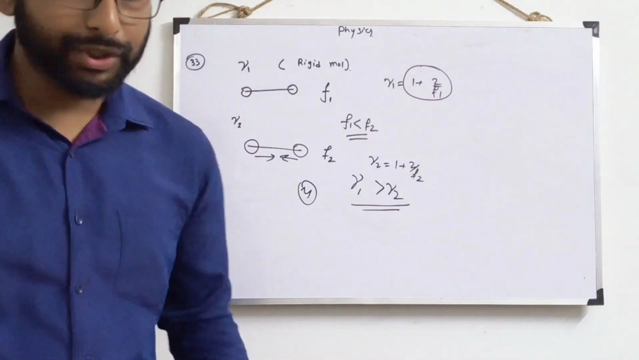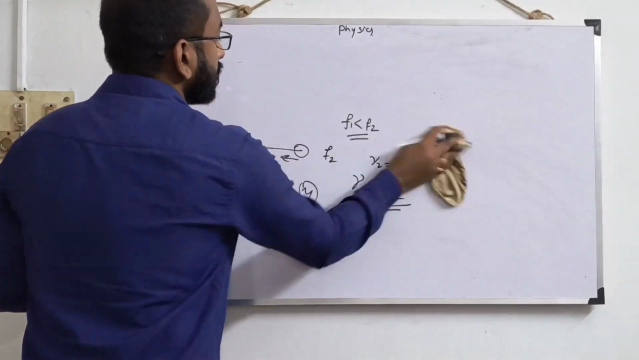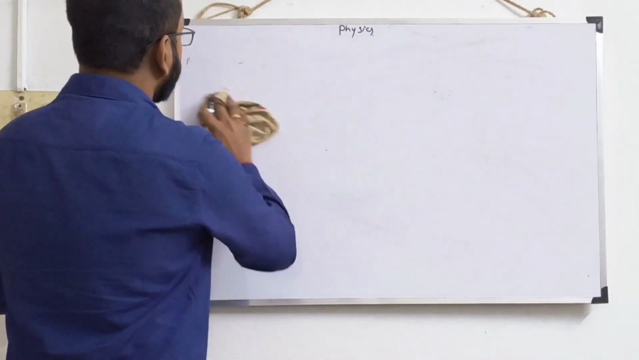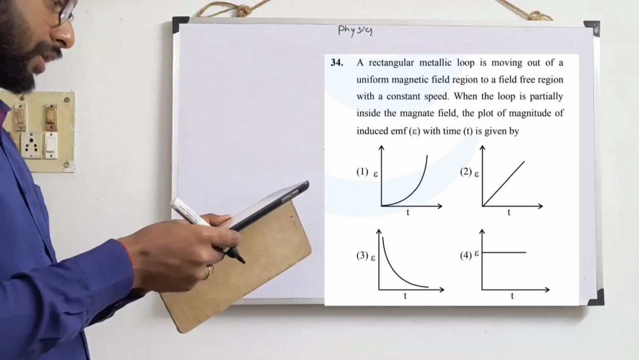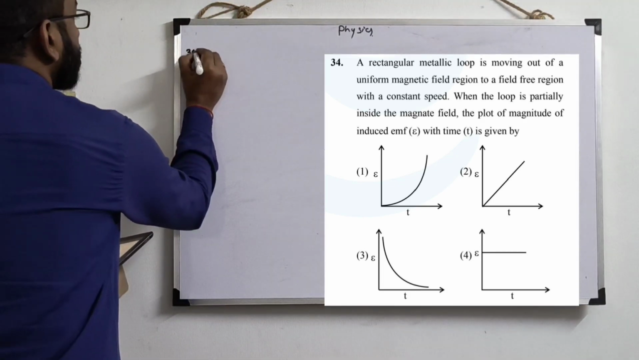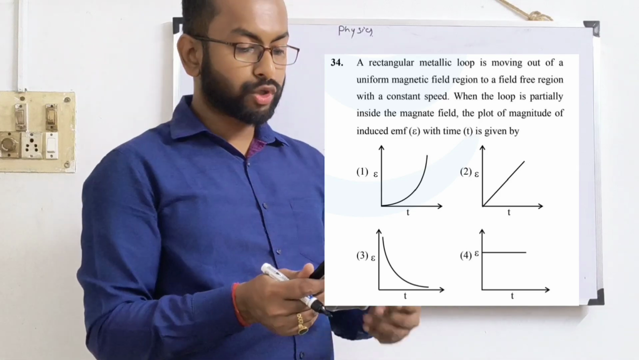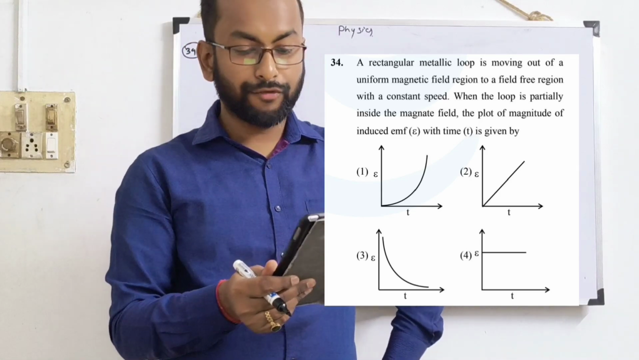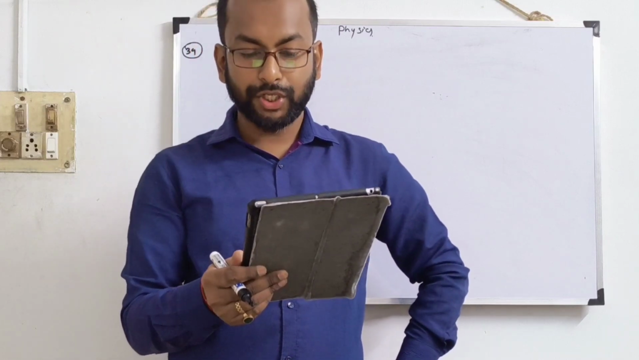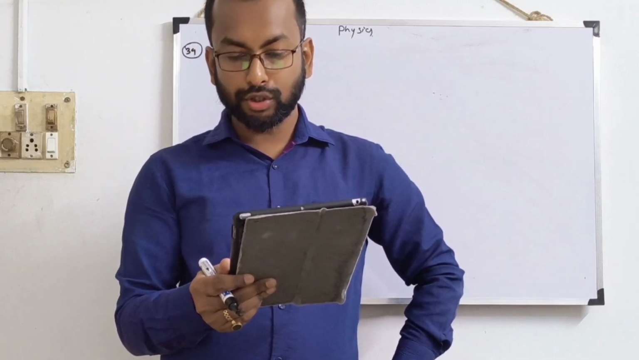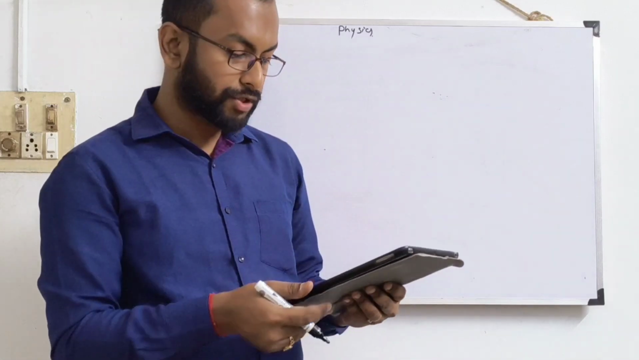Okay, the next question we'll discuss. So I'll clear the board. That is also a very simple question. 34. A rectangular metallic loop is moving out of a uniform magnetic field region to a field-free region with a constant speed. When the loop is partially inside the magnetic field, the plot of magnitude of induced EMF with time is given by, they have asked in a